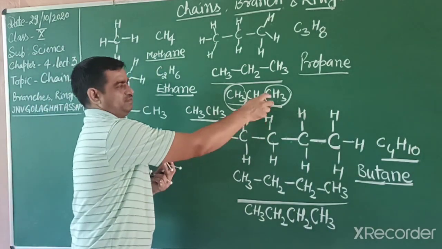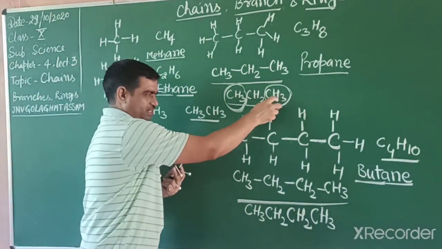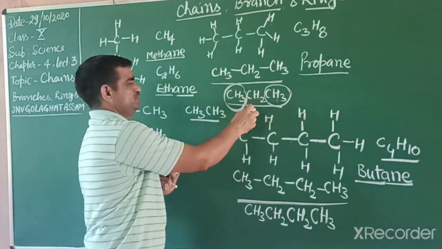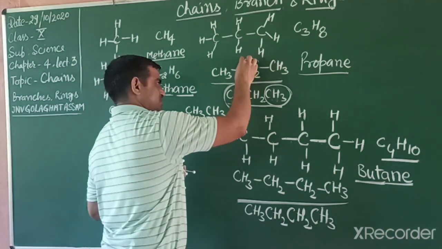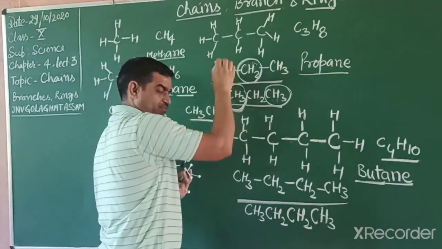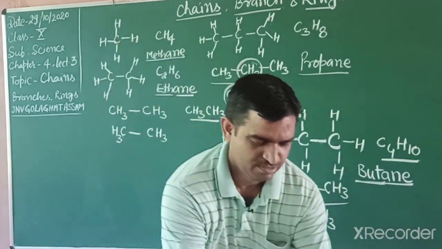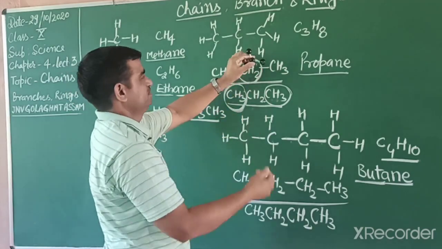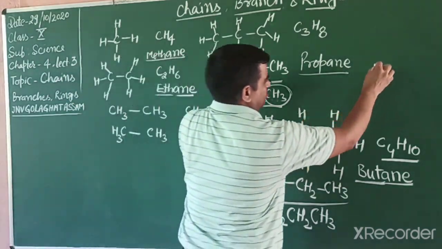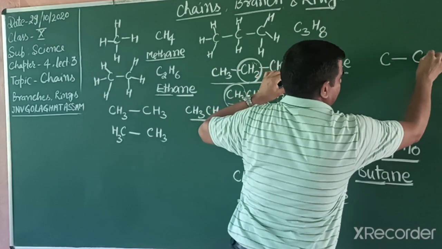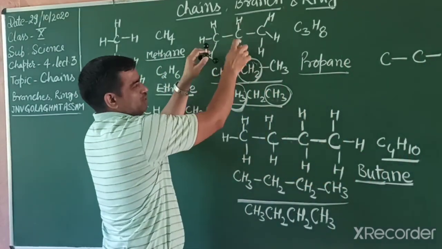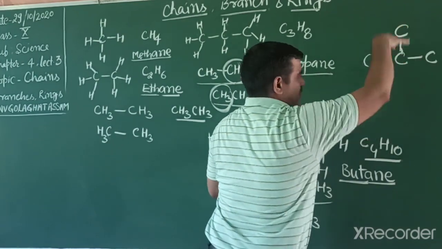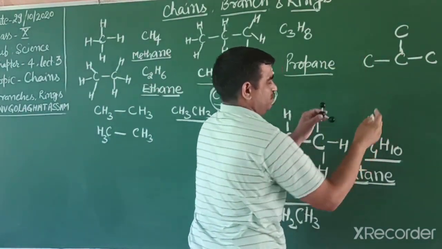But students, if we remove one hydrogen out of the 6 hydrogens, then we get this type of compound. If we remove one of these 2 hydrogens, then what do we get? We get this type of compound. Then we get this type of skeleton. So total 3 carbon. If we remove these 2 hydrogens, we can add like this, upper side or lower side, no problem, both are the same.